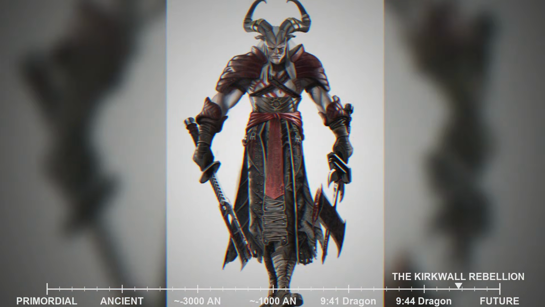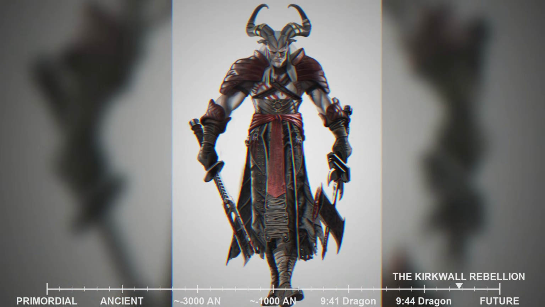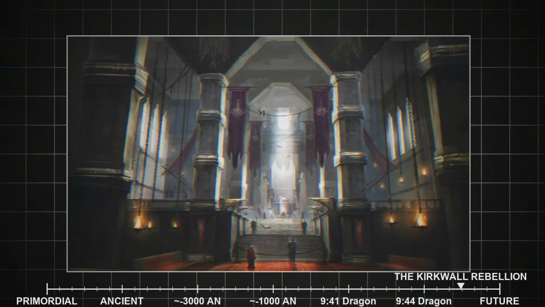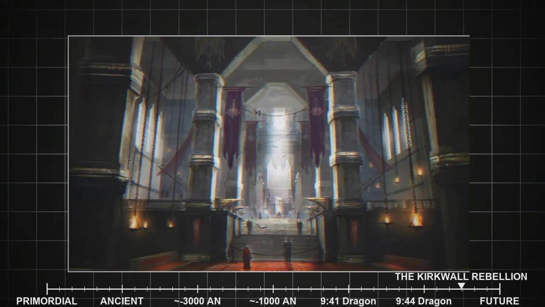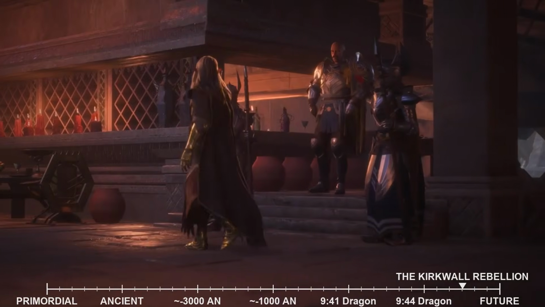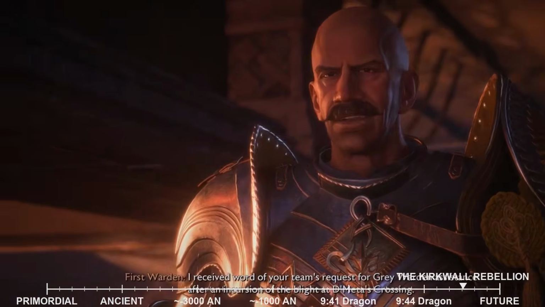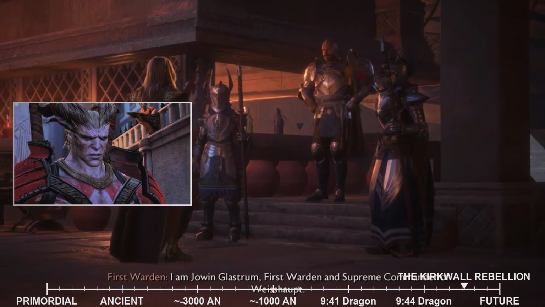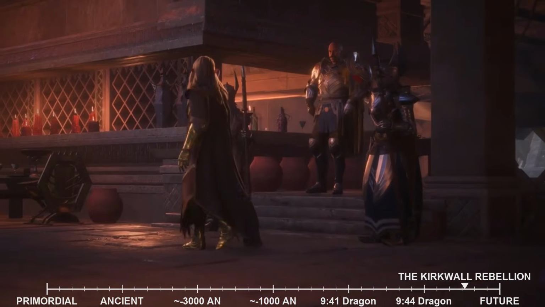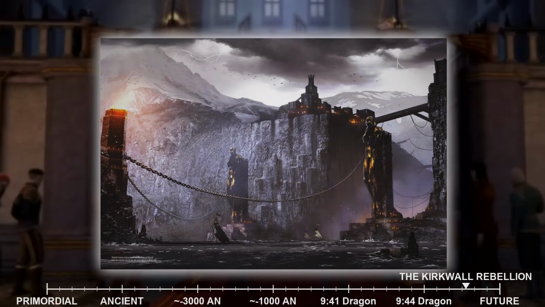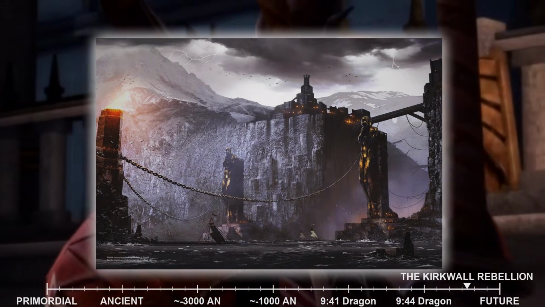The Arishok, leading from the front, sought to impose the order of the Qun upon a city he deemed rotten to its core. His goal was not simply to retrieve the tome, but to cleanse Kirkwall of its moral decay, by force if necessary. The invasion was swift and brutal, catching the unprepared Kirkwall guard completely off guard. Panic spread throughout the city as the Qunari systematically overwhelmed resistance, their disciplined ranks a stark contrast to the disorganized and demoralized city watch. The Arishok's intent was clear, to bring Kirkwall to its knees and reshape it according to the Qun.